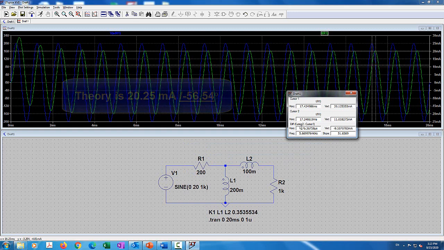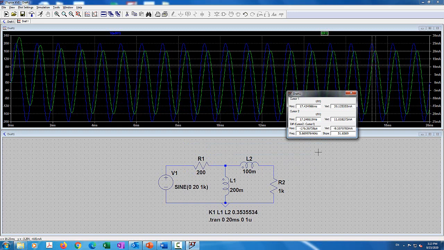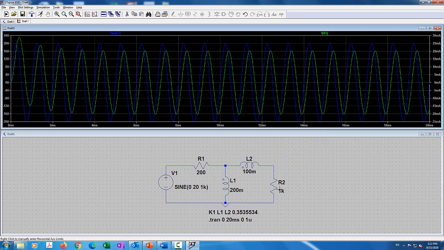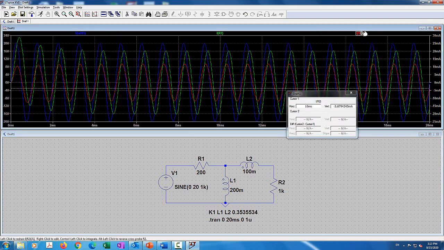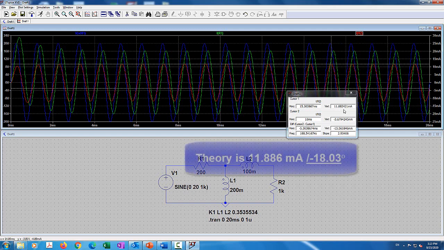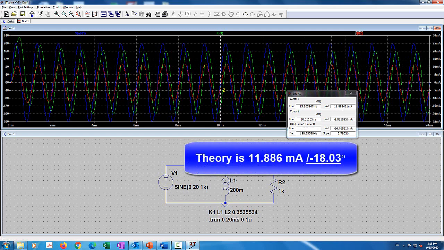Now let's do the same with I2. So to measure I2, what I need to do is come over here and select the current going through R2. So this red line is the current that's going through R2, and I'm going to basically click on the cursor twice over the red. So the first cursor will go to the peak. You can see it's roughly around 11.88 milliseconds, and the second cursor will go to the peak of the,